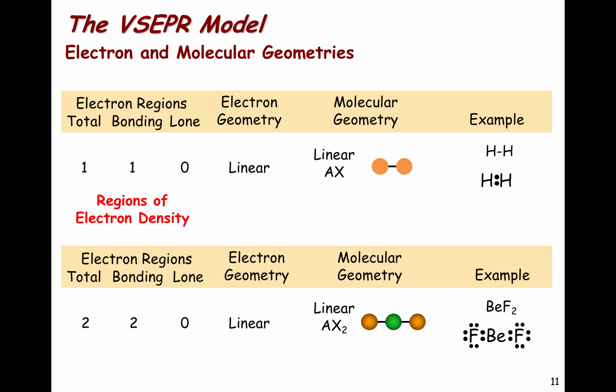Another example of a linear molecule is when there's just one bonding region and no lone pairs. A good example of this is elemental hydrogen, and so in this case there is no other possibility other than